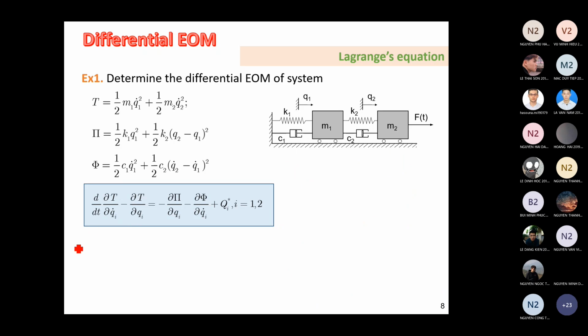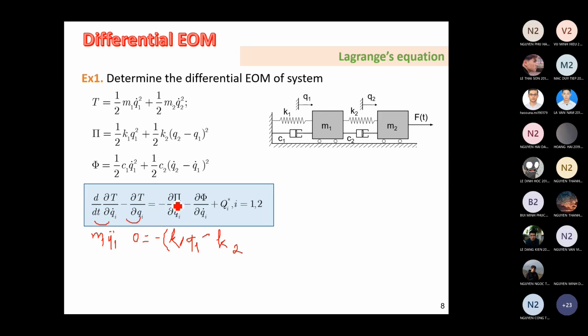Oh, I'm sorry, everything is deleted. Okay, again, the first one is M1 Q1 double dot, and for the second one here it is 0. It is equal to minus K1 Q1,